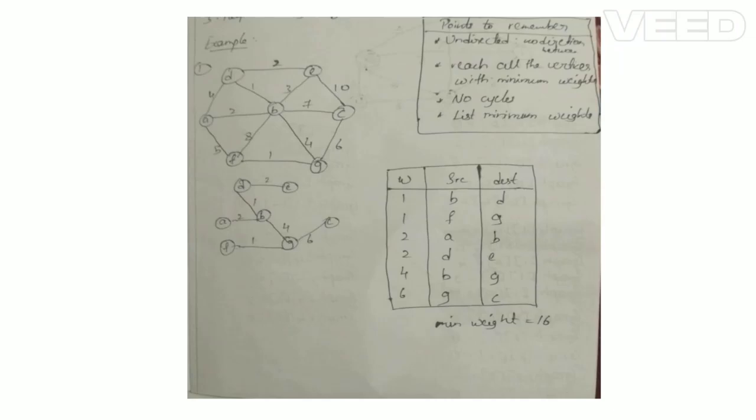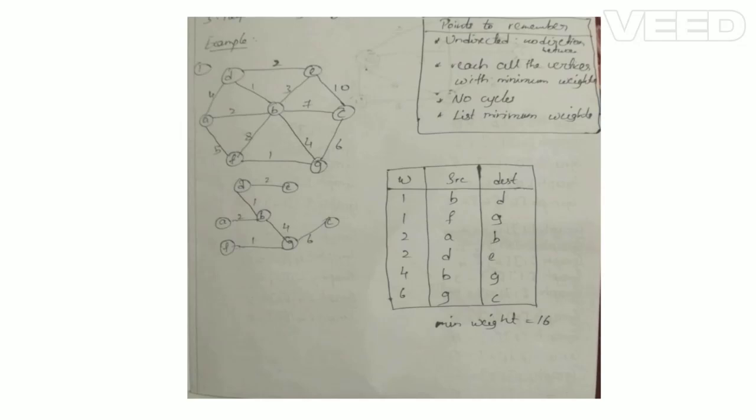Example: consider an undirected graph. We need to remember that the graph is undirected and it does not have any directions. We need to reach all the vertices with minimum weights, and no cycle should be formed, and we need to list the minimum weights. If we consider an example as shown in the figure,